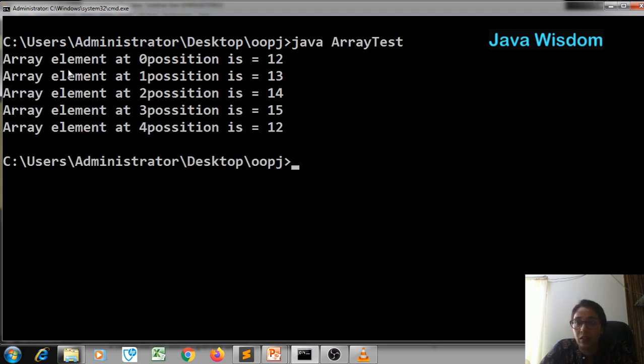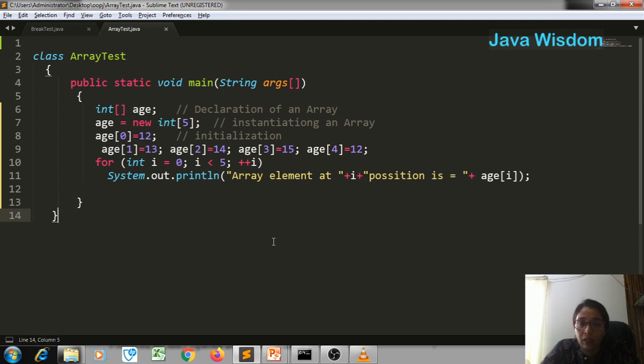Okay, see here, you are getting the array element at the 0th position is 12, and so on. This is how you can get the output from this program.